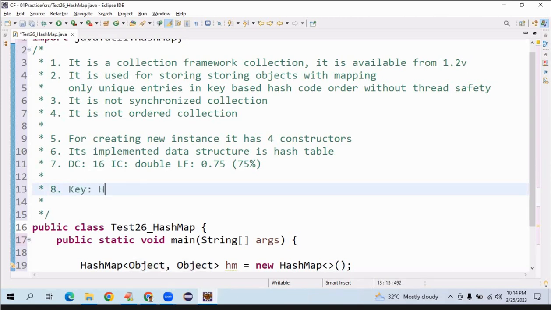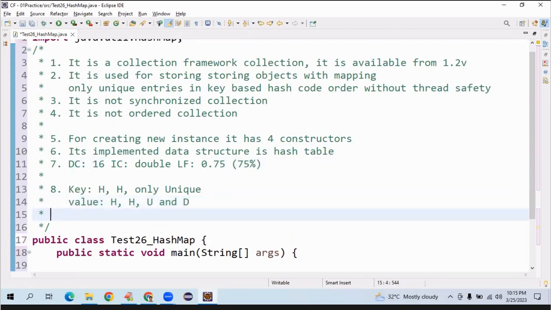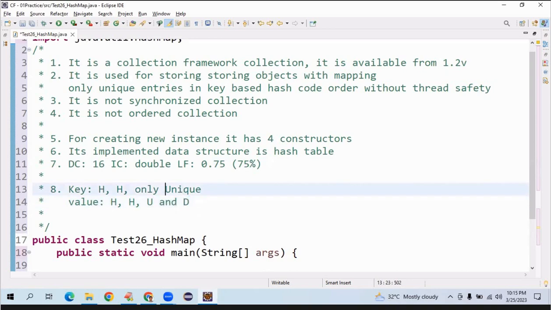As a key, is homogeneous allowed, heterogeneous allowed, only unique allowed? Yes or no? As a value, homogeneous allowed, heterogeneous allowed, unique and duplicate. All four types of objects are allowed. Yes or no? As a value, duplicate is allowed, not a problem. Okay? So as a key, only unique is allowed, duplicate not allowed. As a value, duplicate is allowed because we are not doing searching or differentiating based on value, but based